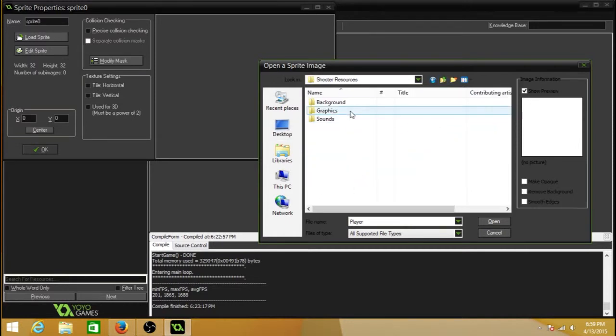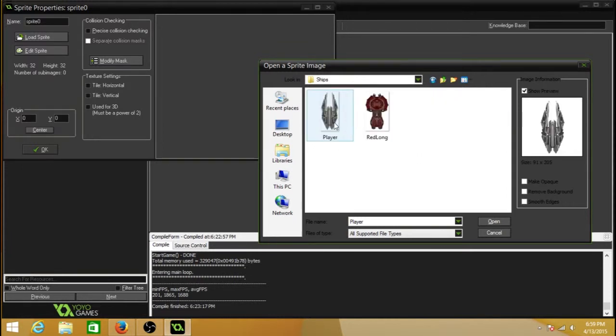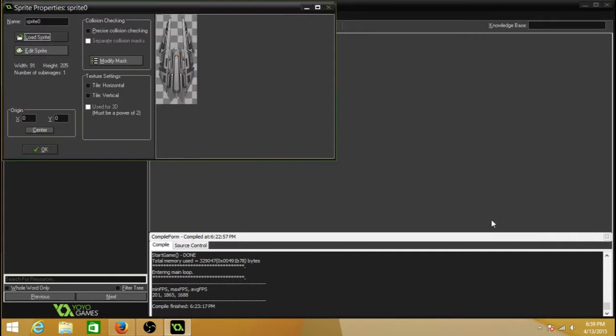open up our shooter resources, and in the graphics folder we have our ships, and we have a player, and we have a red long enemy. So I'm just going to press open. Everything's been sized up automatically for you. I got these graphics off of opengameart.org. Alright, let's name this SPR_player